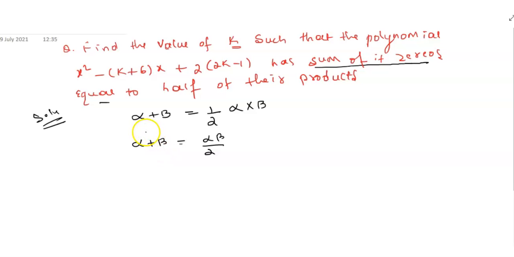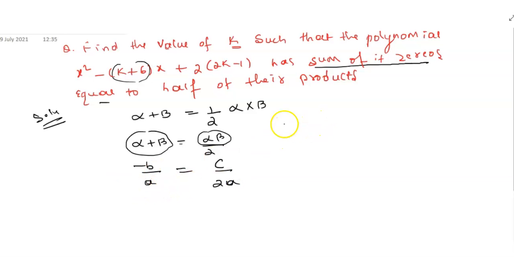Okay, and we know that alpha plus beta is given by the relation between the coefficients. Here we have to find out the value of the coefficients, right? So then we have to take that formula only. Relation between the coefficients and the zeros. Sum of zeros formula, we know that it is minus b upon a. And what is the product of zeros in terms of the coefficients? That is c upon a.